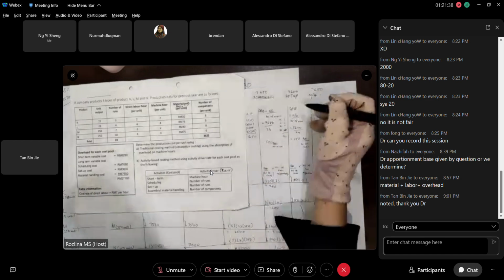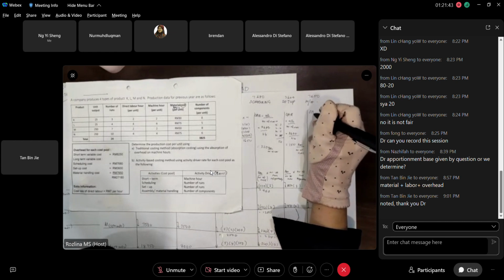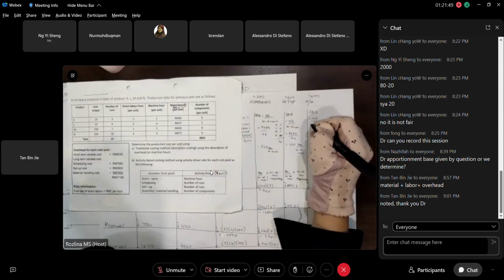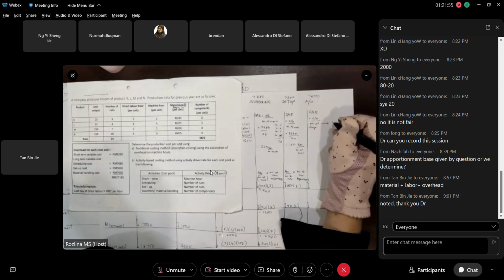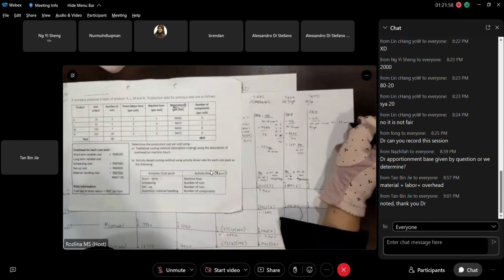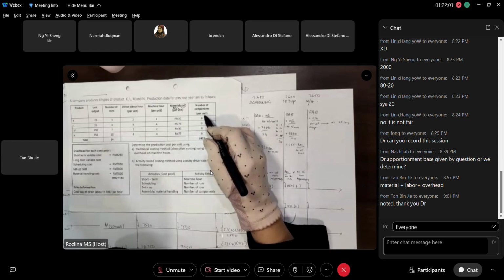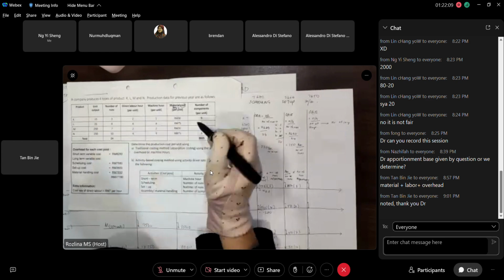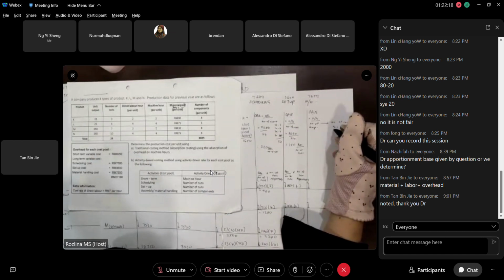Okay. Let's finish this one. Okay, you have material handling. What is the OER for material handling? You have overhead divided by number of components. How to get the number of components? Okay, you have the data of this one, number of component, but it is per unit. That means one product here need 8 unit of components.